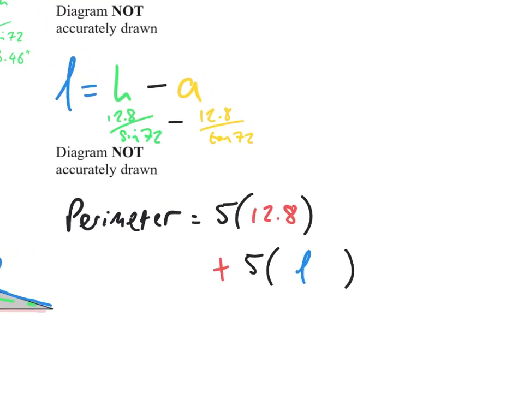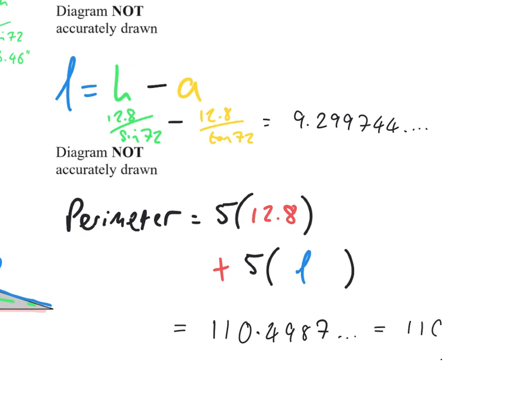Now I say roughly in both those cases, because if you do the subtraction, you're going to get a slightly wrong answer. If we use the exact numbers, 12.8 over sine 72 and 12.8 over tan 72, we don't get exactly 9.3. What we get is 9.29974, etc., etc. The reason this is important is that when you put that length for L into the equation, you're going to get